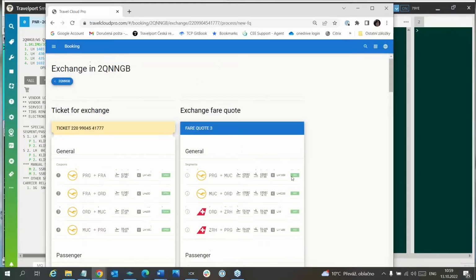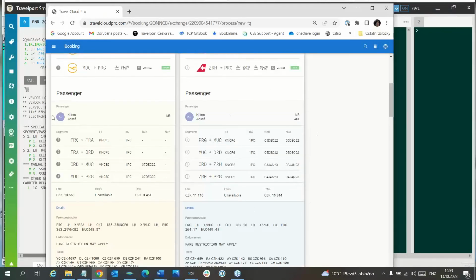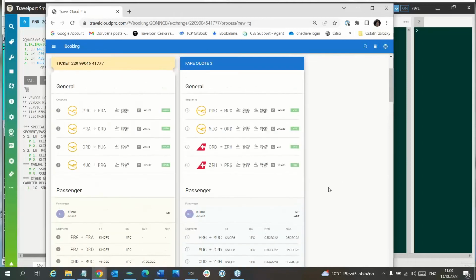You would like only to see it. Now you see how much it will be, but it is cheaper. Yes, it is cheaper because here was booking code V and here is booking code S. But it is not correctly done because we cannot use a lower booking code than it is here. So in that case,